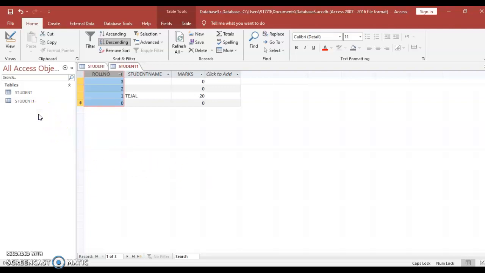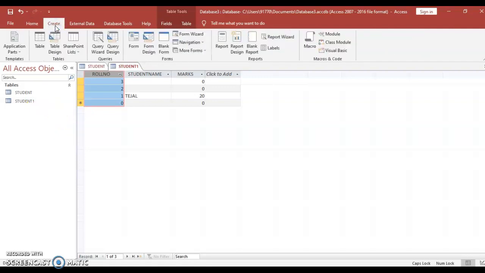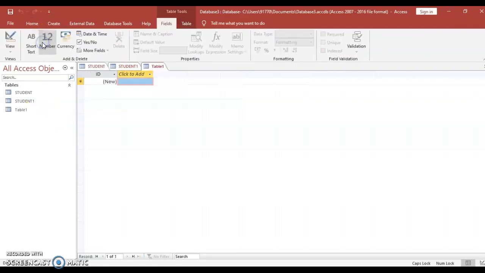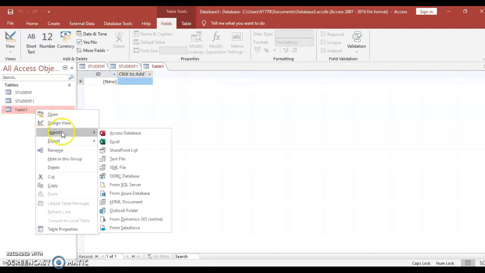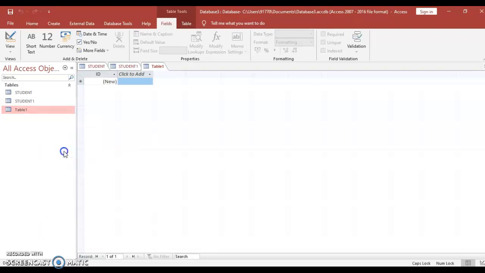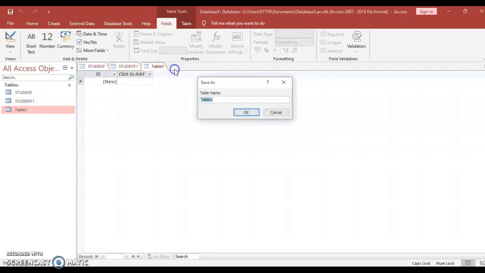Suppose again I want to create another table over here. Then click on create, then table. This is the table. Again I am going to save this. Employee.